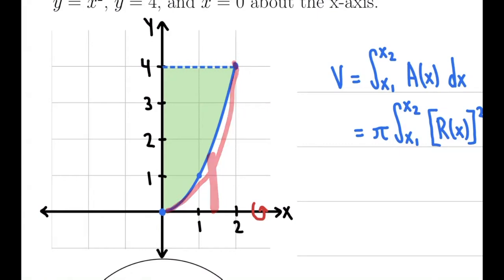Y equals x squared would be the inner radius. Yeah, that's what I was thinking. I got them mixed up for a second. Not a problem. So the outer radius, the capital R of x, is 4, and the inner radius is